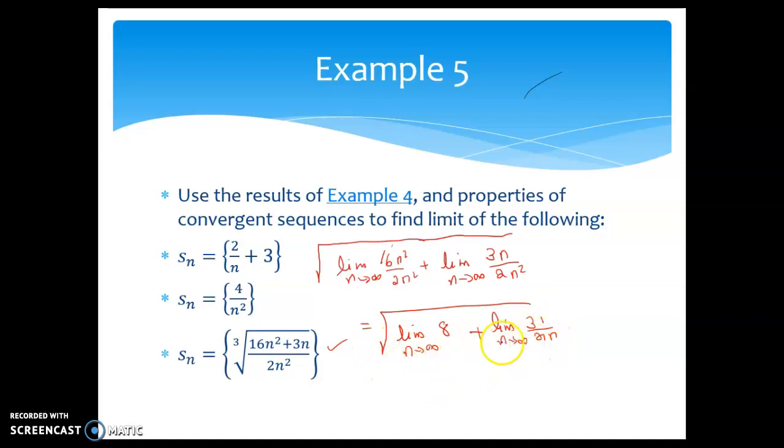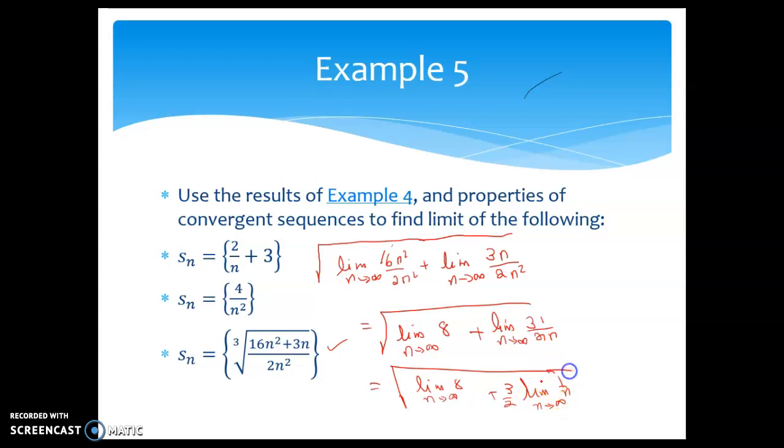So the limit of 1 over n, 3 would be pulled out. So that could be written in a different way. Limit as n goes to infinity of 8 plus 3 over 2 limit as n goes to infinity of 1